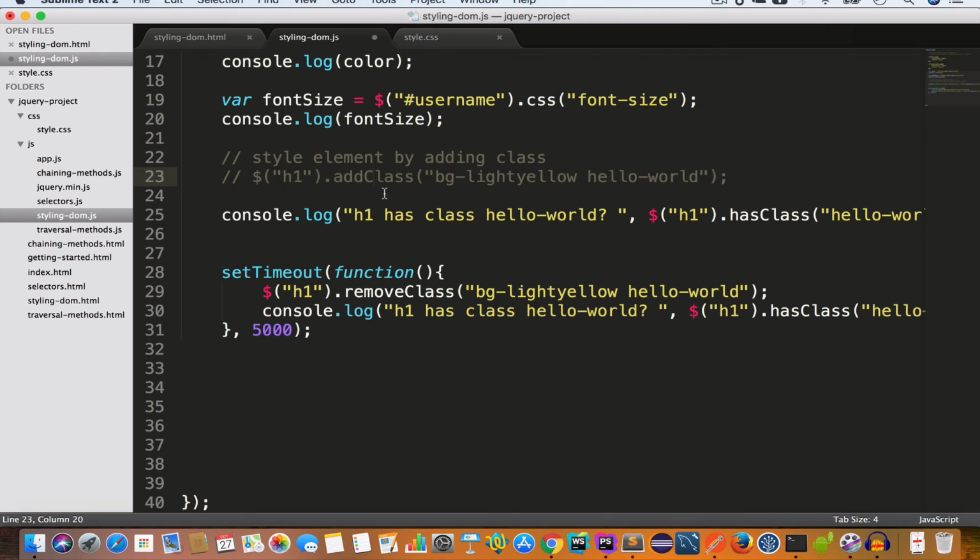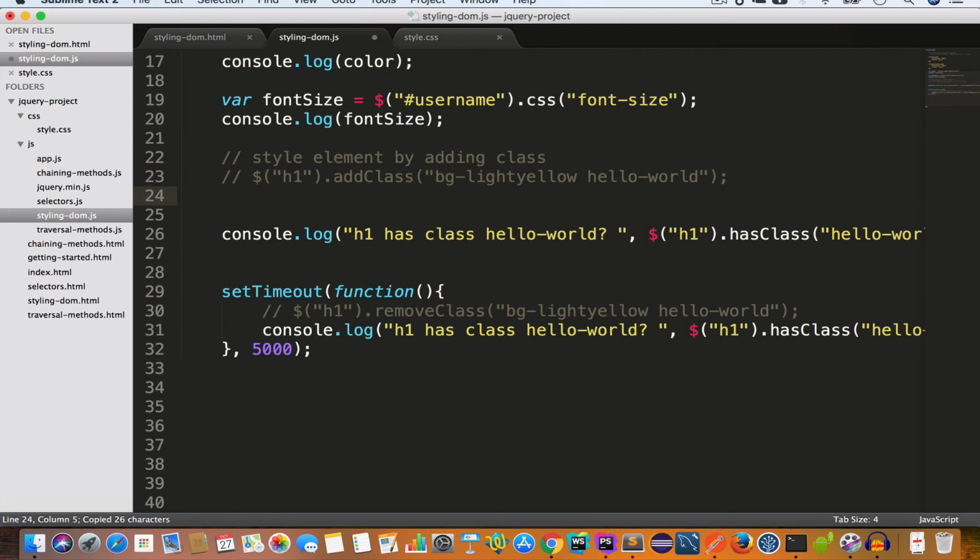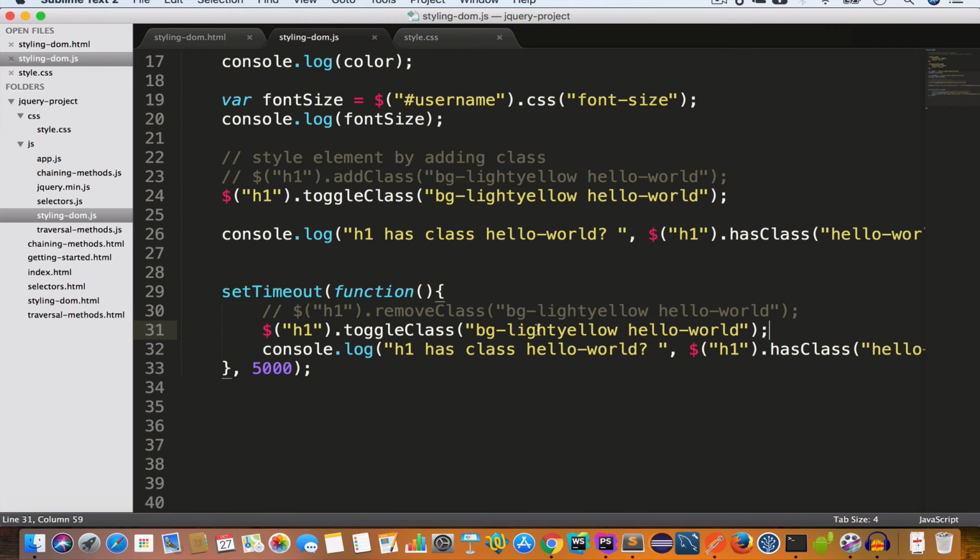So let me go ahead and comment these 2 lines. And first, we'll add the class bg-light yellow and hello-world. And this time we are going to use the toggleClass method. So we'll first target the h1 element, and then we'll call toggleClass, and we'll pass the values bg-light yellow and hello-world. And then inside this function, which will be called after 5 seconds, we'll remove the bg-light yellow